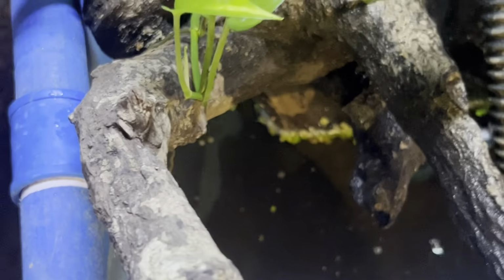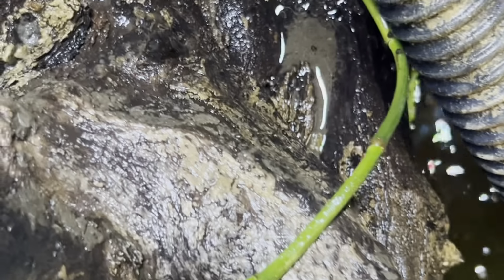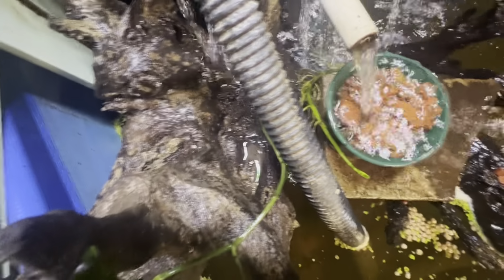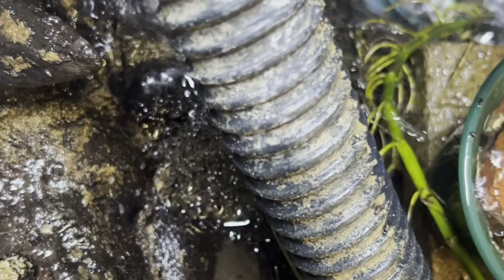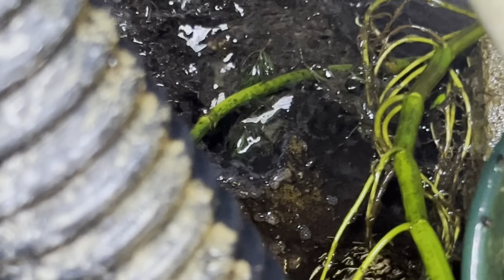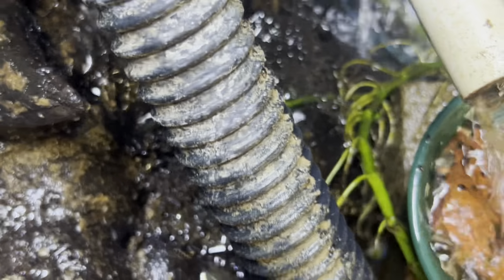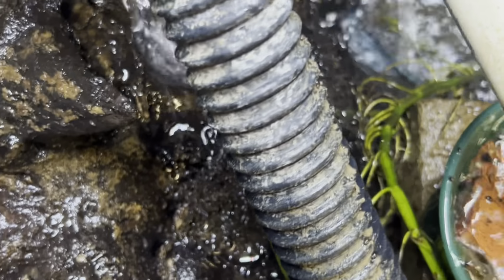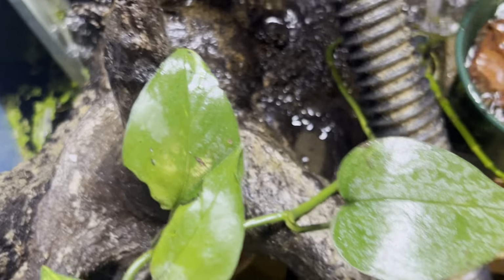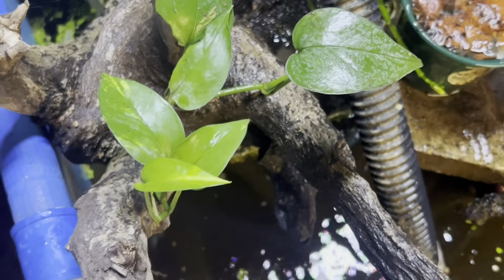Now, you see here, this plant has grown into this tree. It's got runners starting to go down. And if you look up close and personal, you can actually see where it has fused to the wood. Trying to get you up close. So this plant has grown into this tree. So even if this water gets a little low and the roots are out of the water, they are pulling moisture and nitrates and stuff out of that log. And sure,